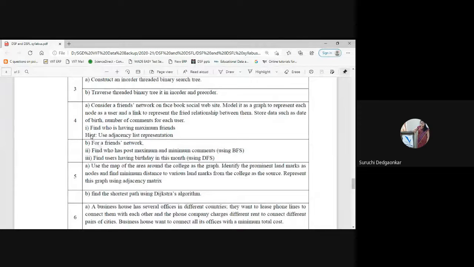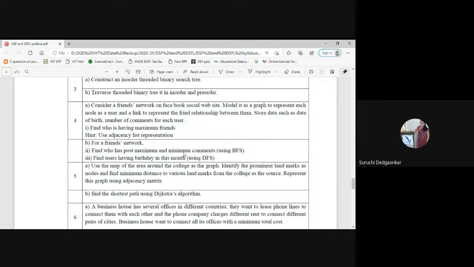The second part is, on this particular graph we have to find who has posted maximum and minimum comments using DFS. So we will be following the DFS algorithm using a stack and visiting every node, and we will be checking who is having maximum and minimum comments.